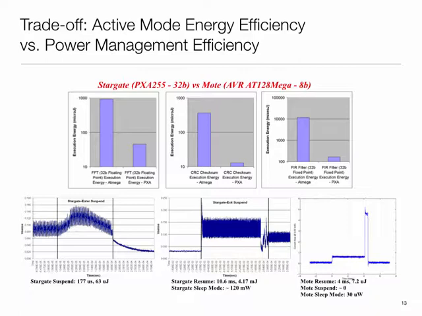And what we have here is data for execution energy for FFT, CRC checksum, and FIR filter. These are three representative functions that you will probably often find in these kinds of things. CRC because you have to do error checking on data, FIR filter because you process sensor data, and FFT again because you process sensory data. This is a log plot. The right-hand plots are for the 32-bit processor, and the left-hand ones are for the 8-bit one.